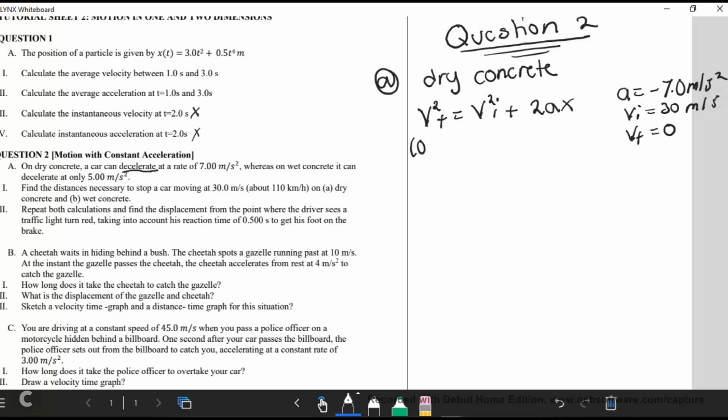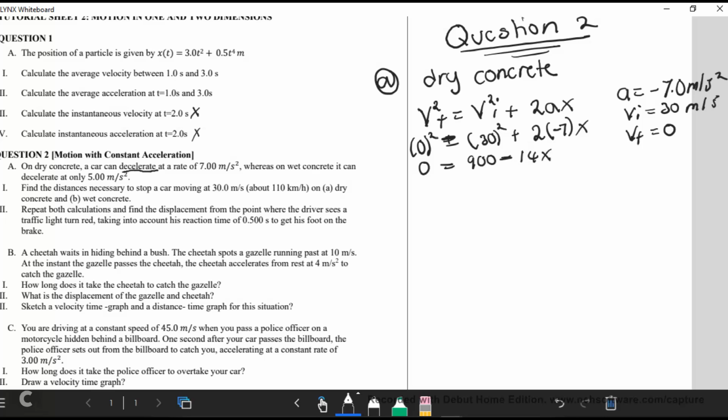The final velocity in this situation is 0, equal to initial velocity 30 squared plus what's your deceleration? That's negative 7, then x. Here what are we finding? We're finding this x. It means that we're finding the displacement. So here 0 equals 900 minus 14